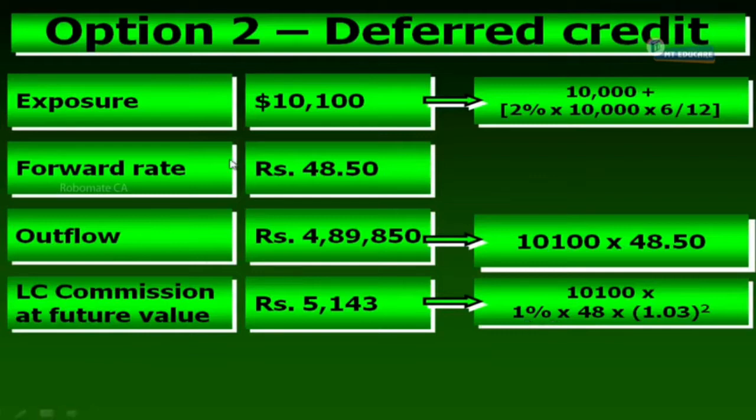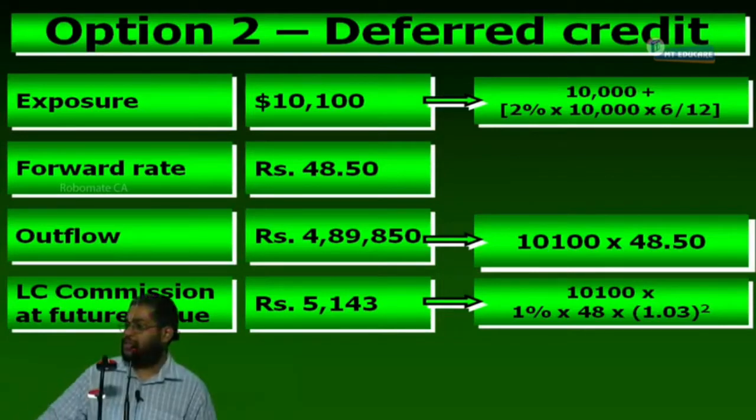Now, my question is, can I add 4,89,850 and 4,848? Are these two numbers addable or not addable? Not addable. 4,89,850 is the money after 6 months. This is the money today. Time value of money prevents me from adding it. So what I assume is, I borrow 4,848 and then settle my LC commission. I borrow 4,848 at 12%, for 6 months, compounded quarterly. Hence 1.03 power 2 is the compounding. Right or not? And the LC commission is 5,143, and the total outflow for me is going to be